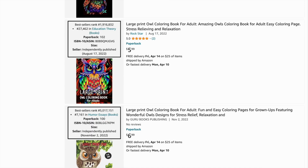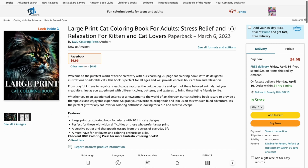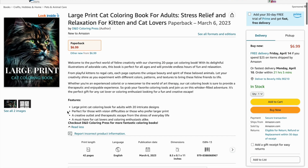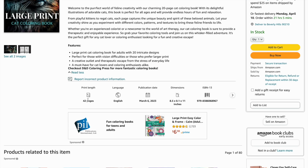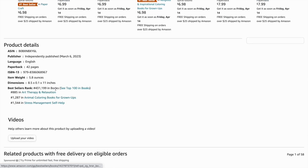So the second coloring book I made was the large print cat coloring book for adults, and this was released on March the 6th. I kept a similar price and a consistent theme with this coloring book as well, so the same kind of font and then the multicolored kind of cat as well. A detailed description, you can see similar amount of pages, so there's also 20 cat coloring pages, and it has a current BSR in the .com market of